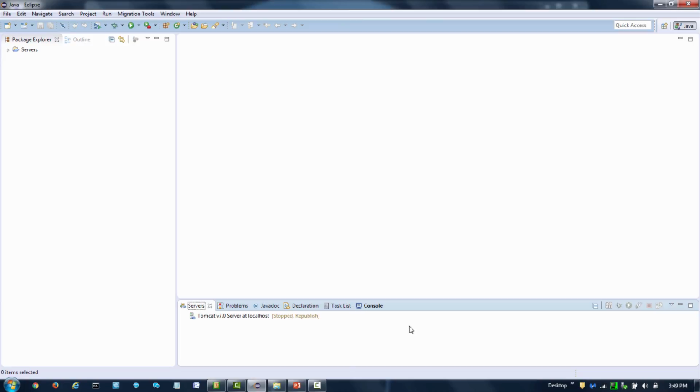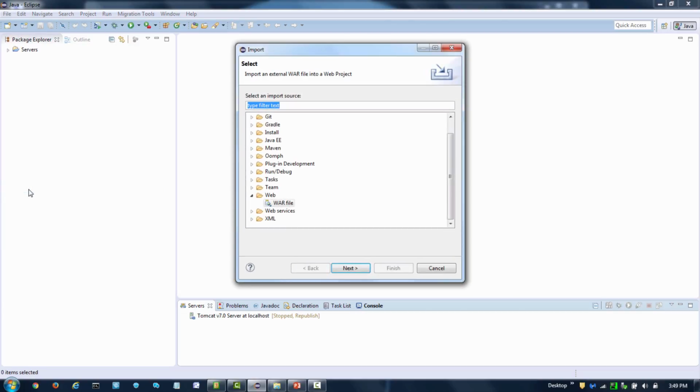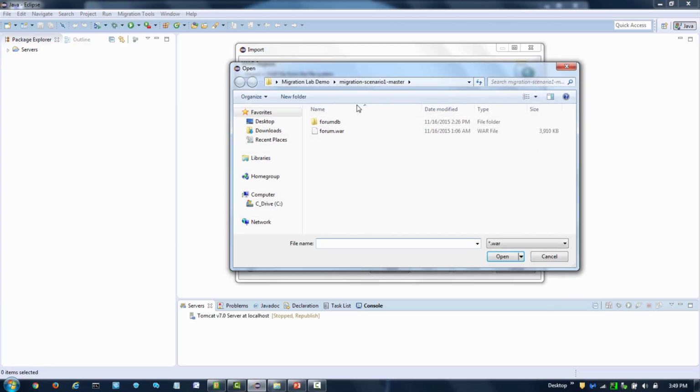So the next step is to bring the JSP forum application source code into Eclipse. I'm going to open the File menu and choose Import. I'm going to bring in the forum WAR file from the code base, which we downloaded from GitHub a while ago, and then click Next. I'm going to locate the forum WAR file. This is the unzipped file after I downloaded it from GitHub, and I'm going to select forum.war,